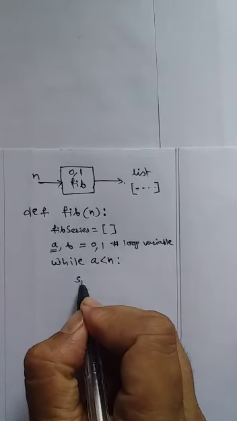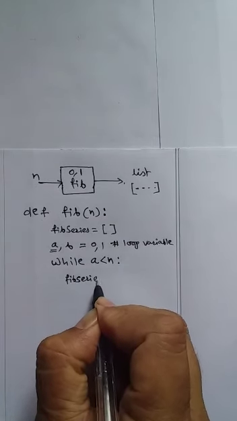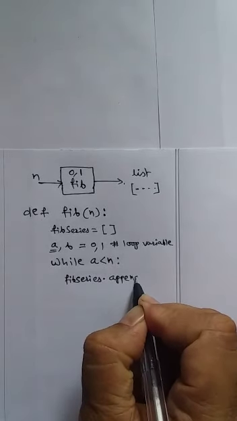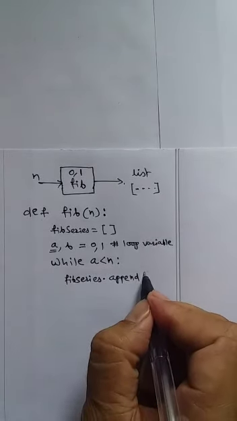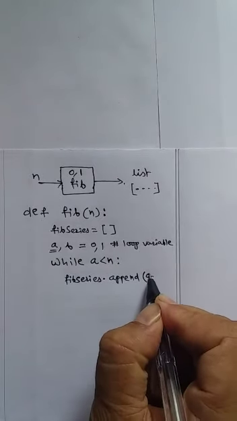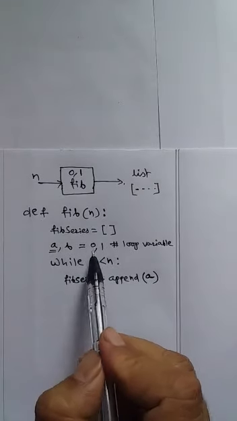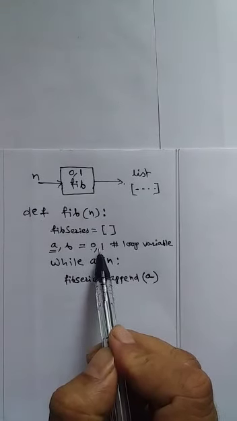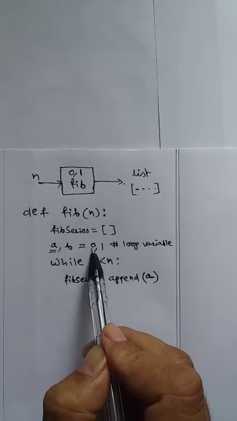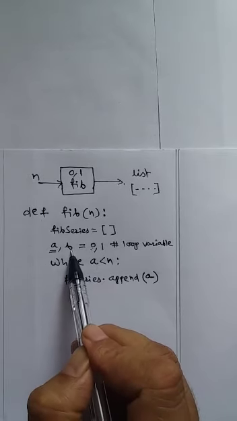To our list whose name is fib_series, we have to append the value of a. What do we have to append? The first number, which we have taken as a loop variable, we have to add to the list. And after adding the first number, see what we are doing: we are adding these two numbers. So b will be assigned to a, and when you add the two numbers, this number is a, this number is b, a plus b, this a plus b will be assigned to b.